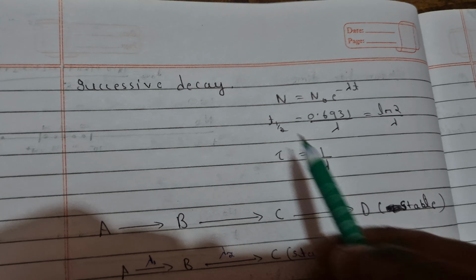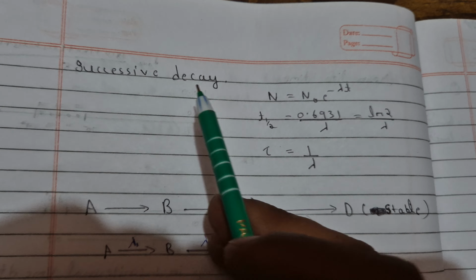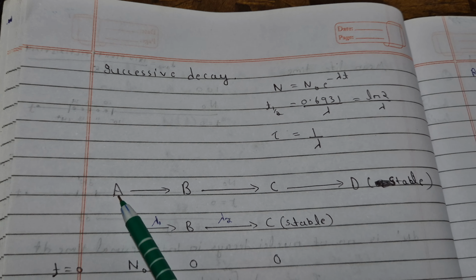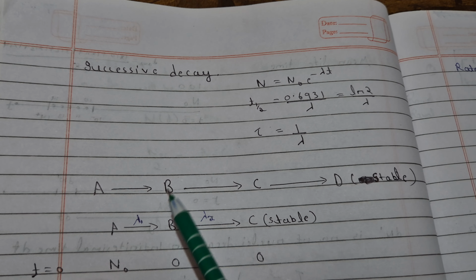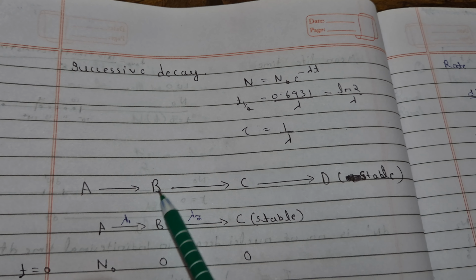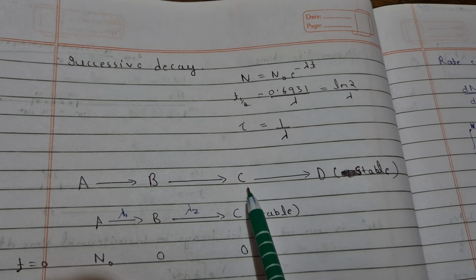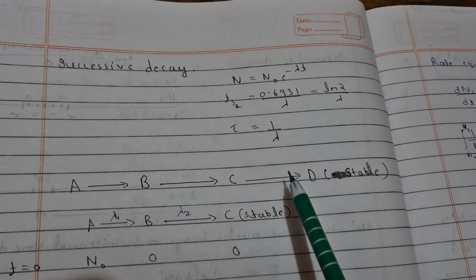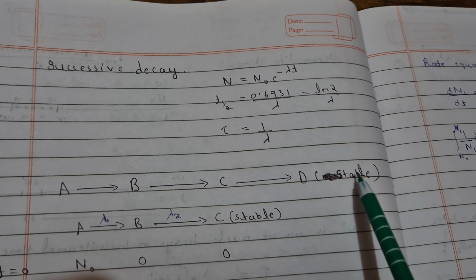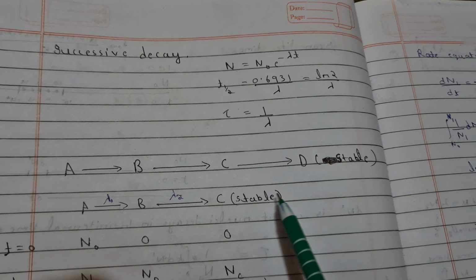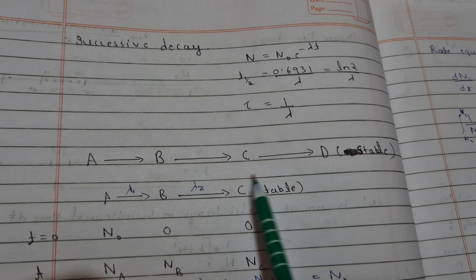So let's discuss successive decay. That is the last topic. So what is successive decay? Normally in the syllabus we discuss that if nucleus A decays to B, and it is still unstable, then it will decay to C, and then we consider that it will be stable. But that is not true. It can also disintegrate or decay into D until it becomes stable. But in the syllabus, we will consider that it becomes stable at C. We will understand the rate equation for A, B and C in the next lecture, and we'll discuss these in detail.